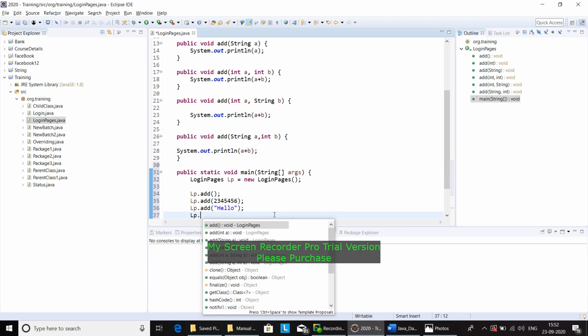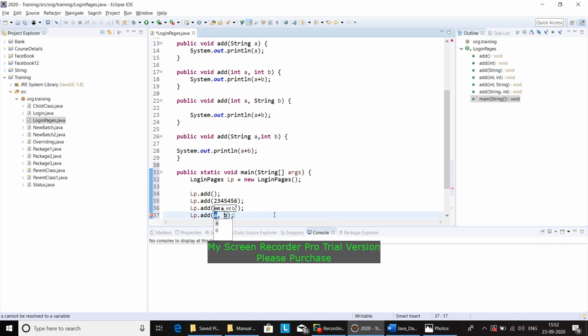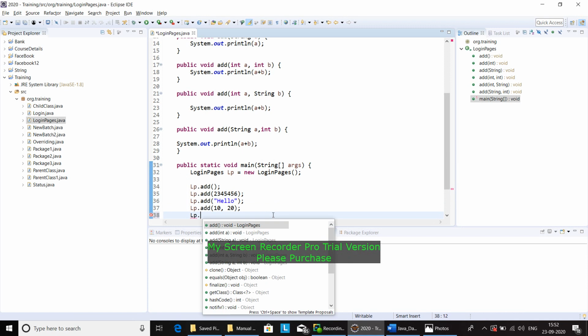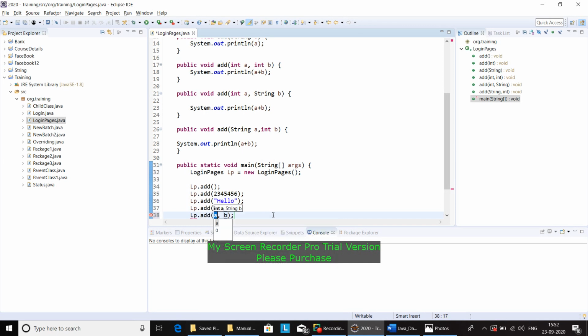Come down. Next, what is the method argument we gave? Int a comma int b. So I'll pass some value for int a and some value for int b. Then we gave int a comma string b. So for int a I'll give some numbers, and string means it should be in double quotes and in words.